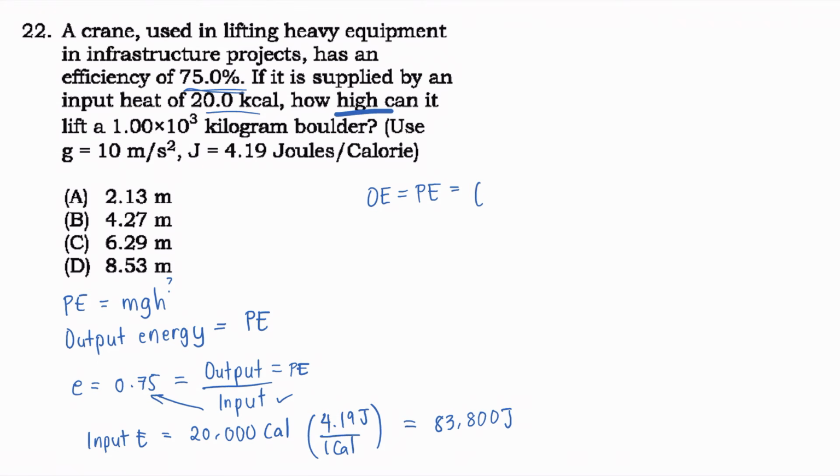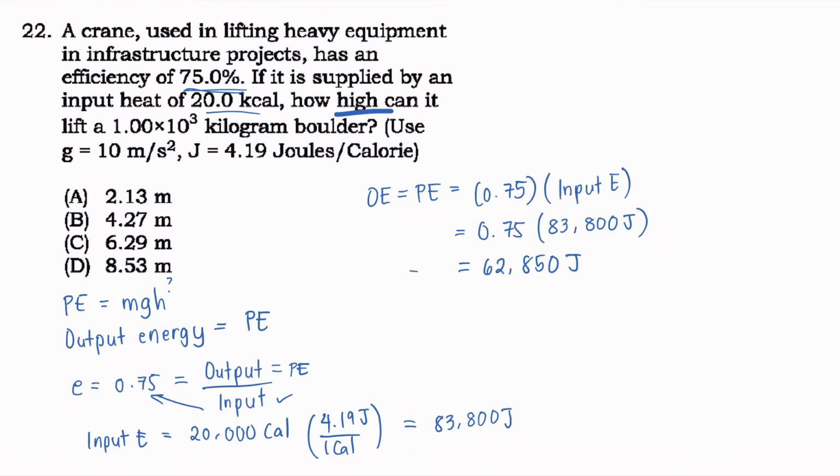So, 0.75 na efficiency times yung input energy, which is 0.75 times 83,800 joules. Kung mapapansin nyo, yung output energy, mas maliit talaga siya sa input energy, kasi, syempre, hindi naman lahat ng heat na na-supply, magko-convert siya into work or output energy. This will be equal to, try to solve on your own na lang, 62,850